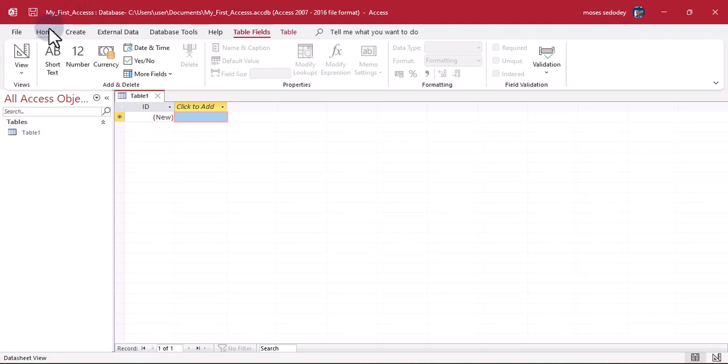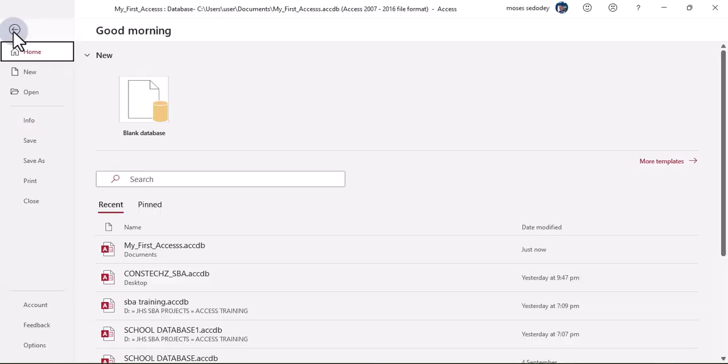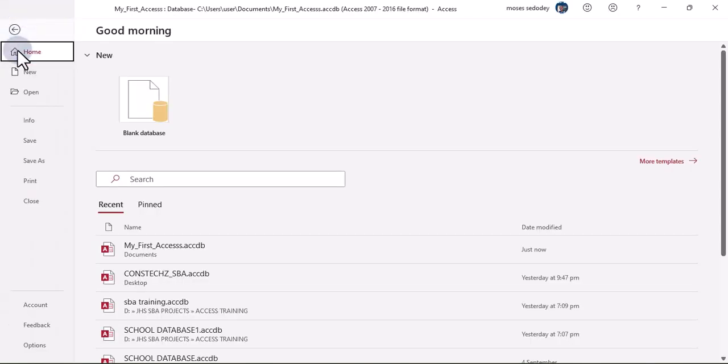As we are all aware of how to use Microsoft Office applications, especially Microsoft Word and Excel, we have the tabs. This is the file menu. The file menu enables us to access the home, the new, the open, the info, the save, the save as, the print, and the close. We have the account, feedback, and options. You also have pin. You can pin when you have a lot of